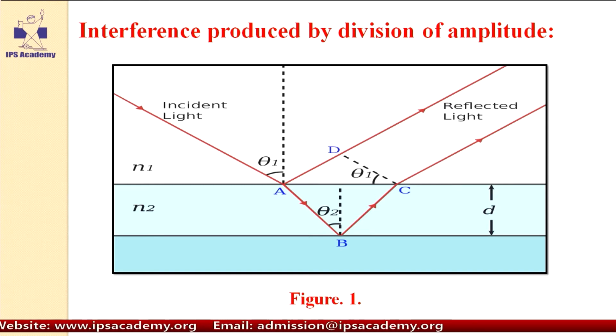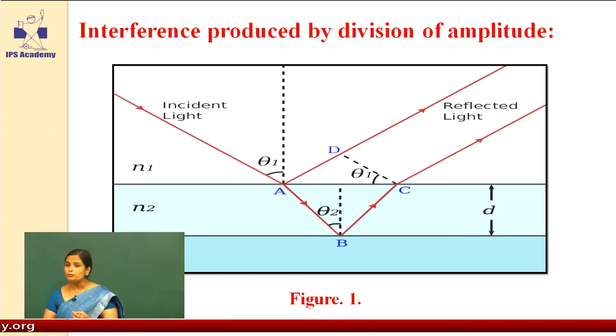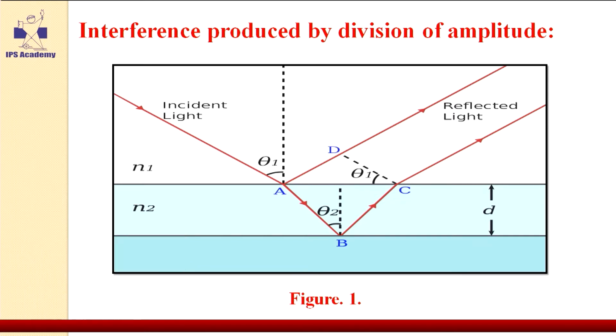In this case the refraction phenomenon occurs when light is incident on the film. There is a partial reflection and partial transmission. The incident light strikes at point A in this figure, and after that there is a transmission, or refraction, of light from A to B, and there is a reflection from point A. So we are getting two beams here, one is the reflected beam of light and the second one, AB, is a refracted beam of light. So here the amplitude divides.